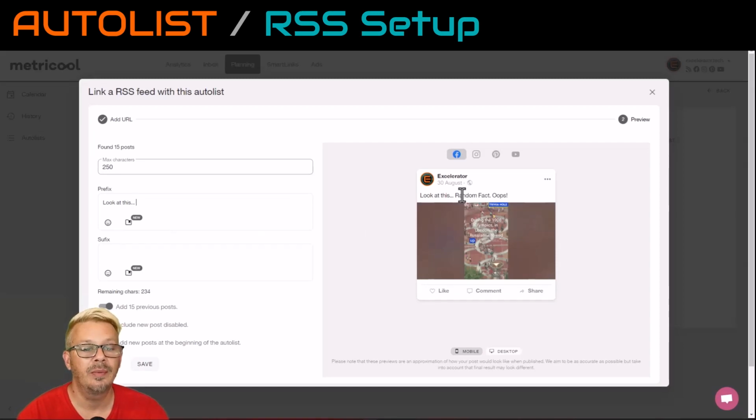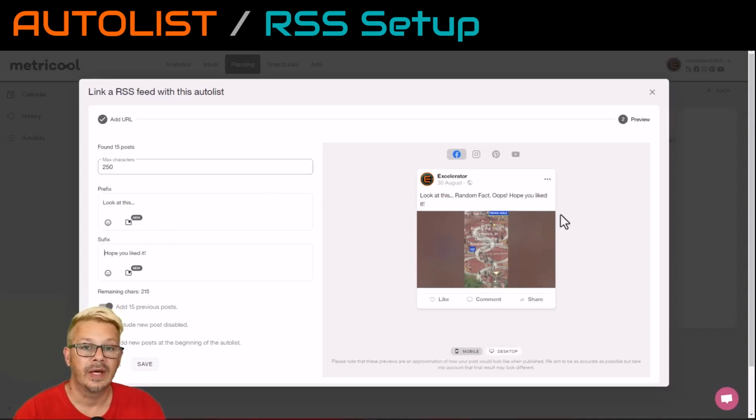Notice over here in our preview, it's adding, look at this, in front of whatever the post or video was. You can also add something to the end. If you want to add something after the post that it's pulling in, you can add something there. So now this is putting the prefix text before the post that it pulled in, which in this case is